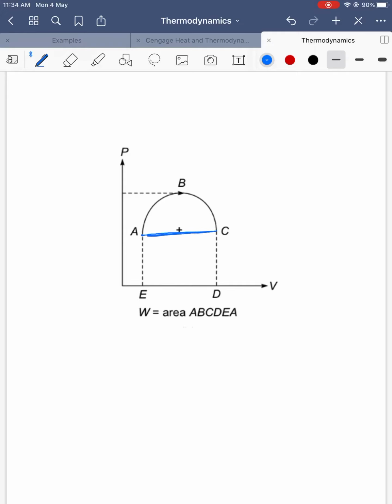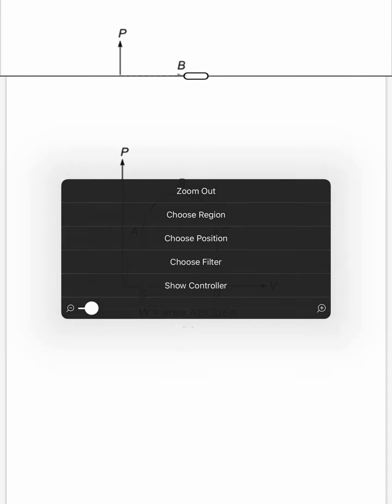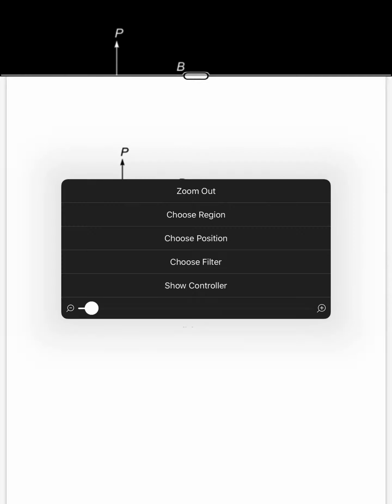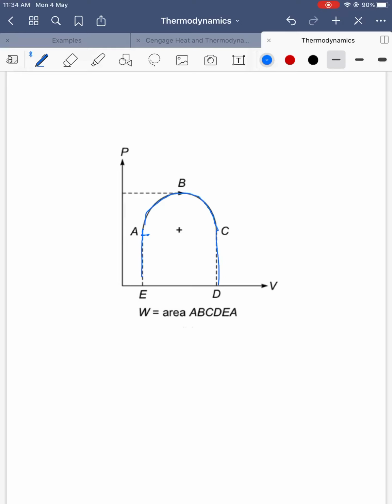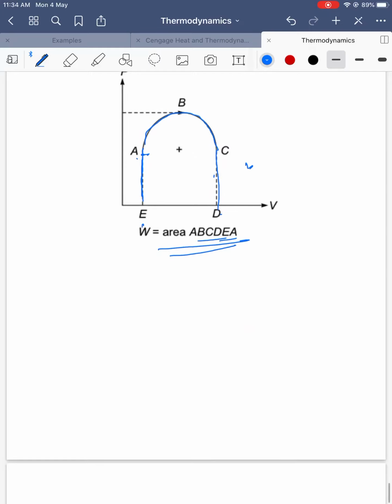You should not just calculate the semicircle, pi r square by 2. If you calculate like that, it's wrong. It is pi r square by 2 plus, and here a rectangular part is also included. So you should find the area under the dotted line also. Now everything is included. Whatever area comes under this graph, the entire area is the net work done. See, he has written A B C D E A. Entire area we should calculate to get the work done.